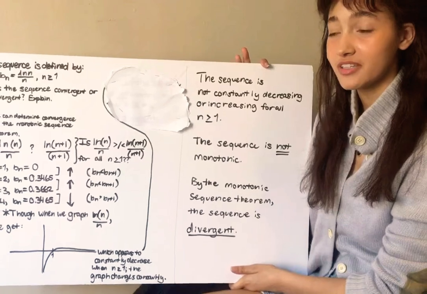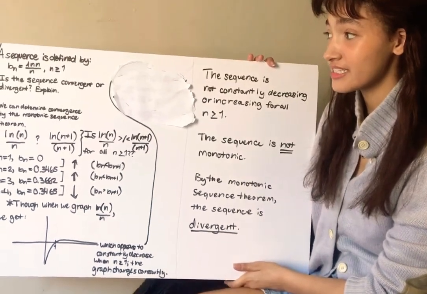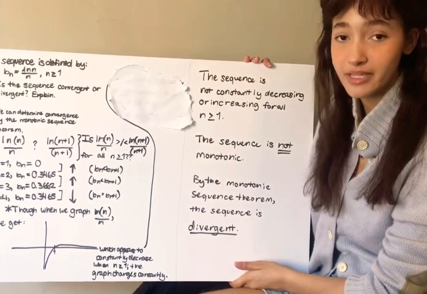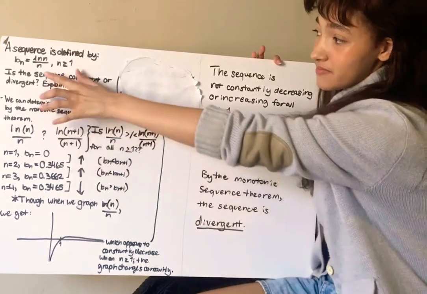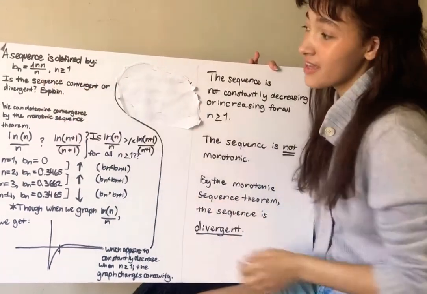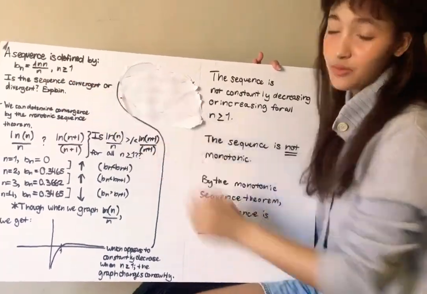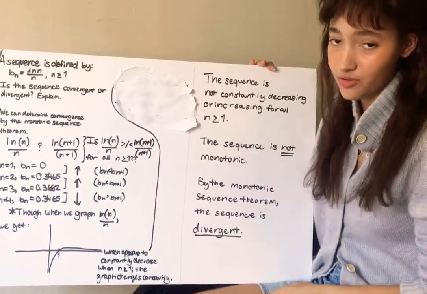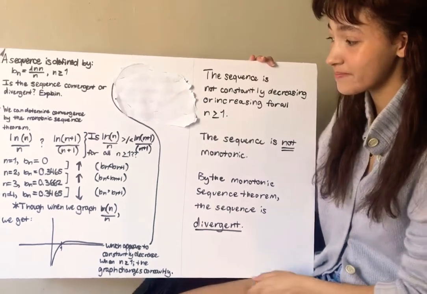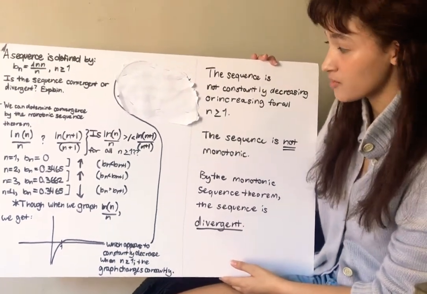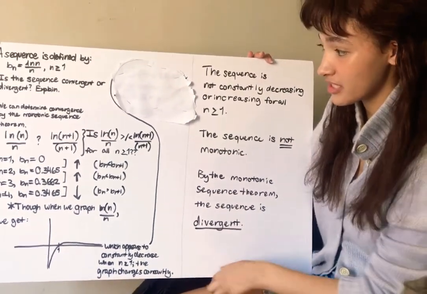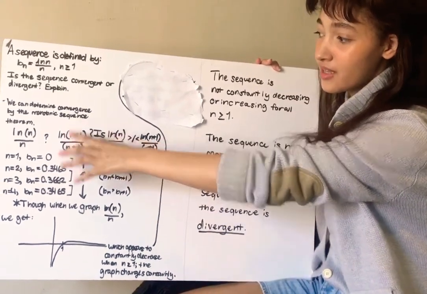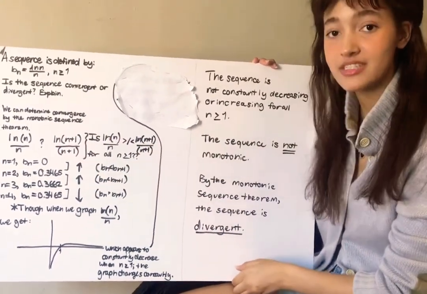The problem we worked on this week is a sequence defined by b of n equals ln of n, where n is greater than or equal to 1. The question is, is the sequence convergent or divergent? And explain. So for this problem, we can use the monotonic sequence theorem, which states that if a sequence is